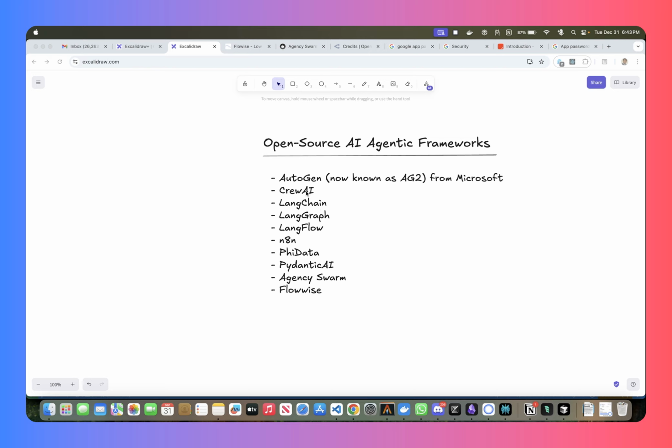Some of them are matured, like AutoGen, which is from Microsoft. Recently, it reshaped itself, and it is now known as AG2. And there's some fork of AutoGen, I think. So it's kind of in a fluid state right now. I have not tried it recently, but when I tried it earlier, about 6 months back, it was not that matured. It was hard to set up. It was challenging to build something meaningful in this, but it was good for prototyping, but not so simple to use. CrewAI is another very popular framework,